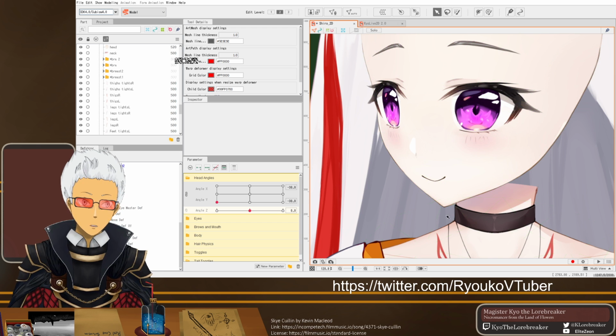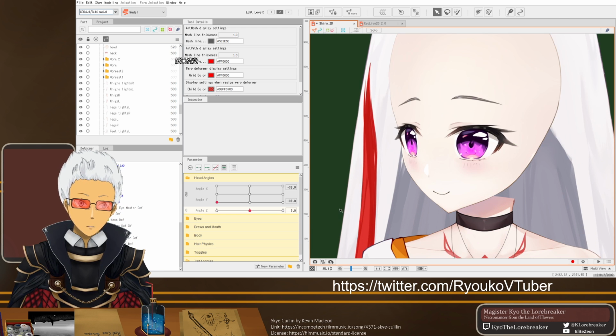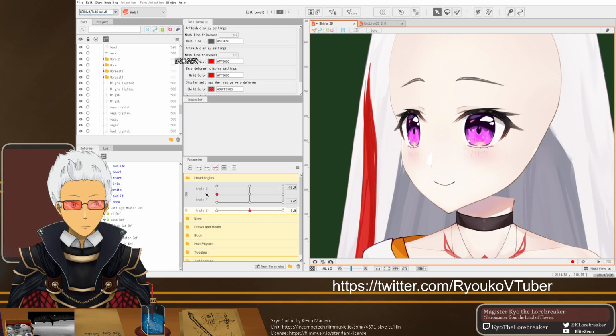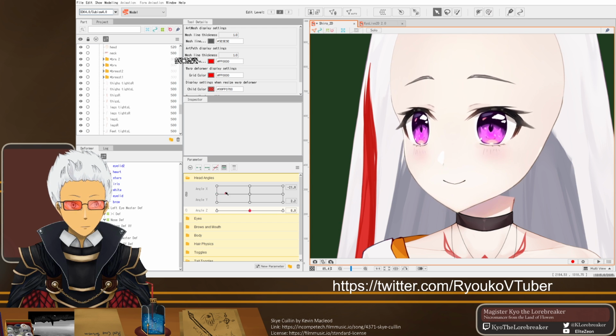Once again, the thing that's bothering me is the mouth, but the mouth is something we fix way later. I think that looks pretty awesome.